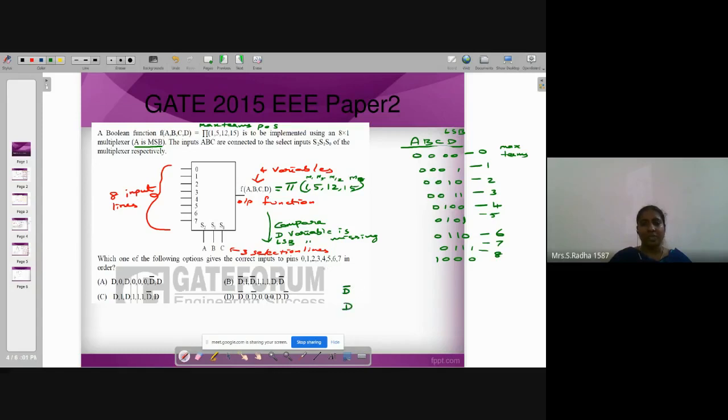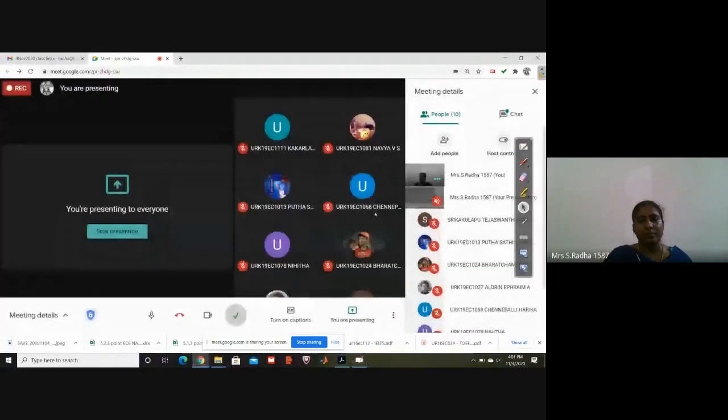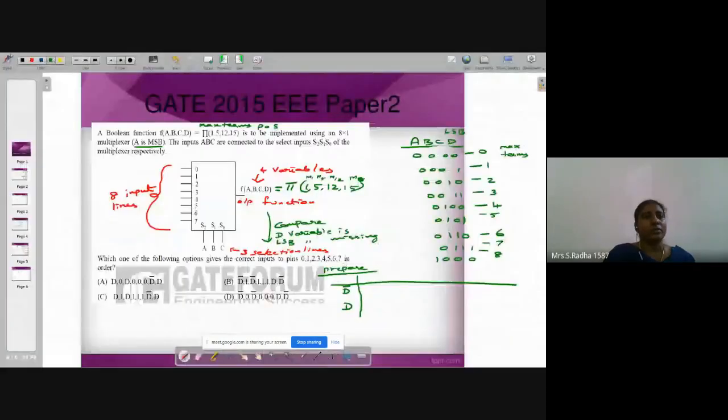This is the preparation of the table. You have to prepare like this in order to set the inputs. So first one is D bar, next is D. When I upload, you should not have any doubt in this, so my writing should be clear. I will take the missing variable in this direction, D bar followed by D. So in min term 0 complement form, min term 1 normal form.